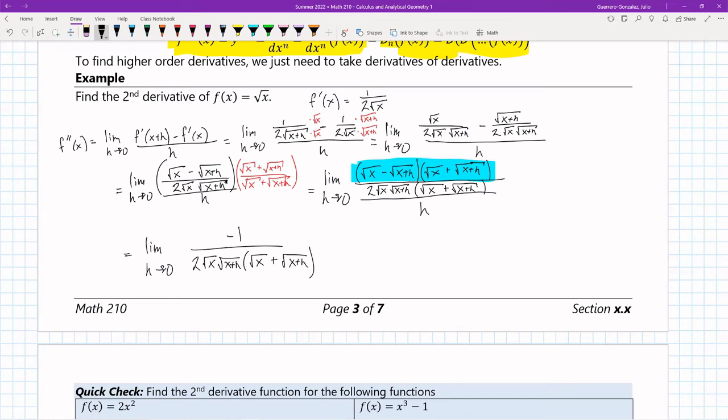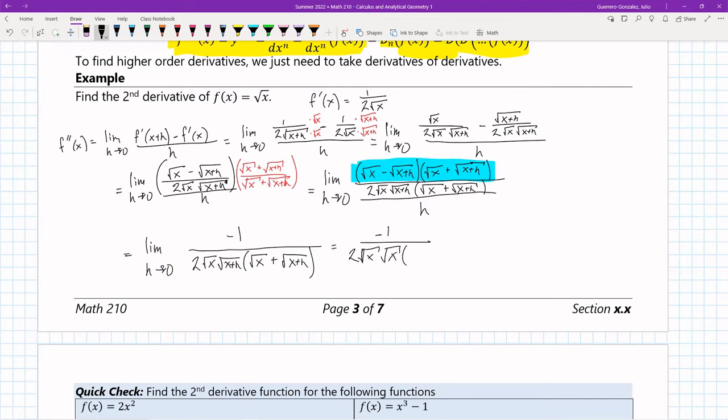So if you actually go ahead and do the entire multiplication out, this is what you're going to get reduced to, okay? Now notice what happened again. The h on the bottom disappeared, our problem disappeared. We can now very easily plug in h and not have a problem. So this is now going to be equal to -1 over 2 square root of x times the square root